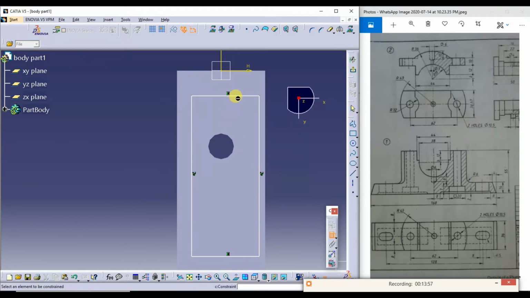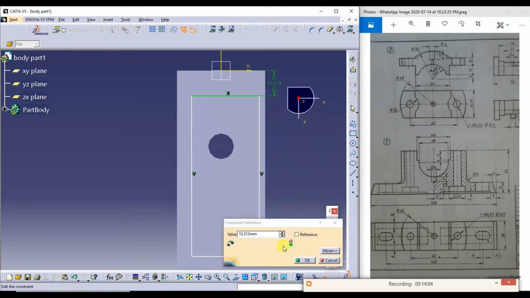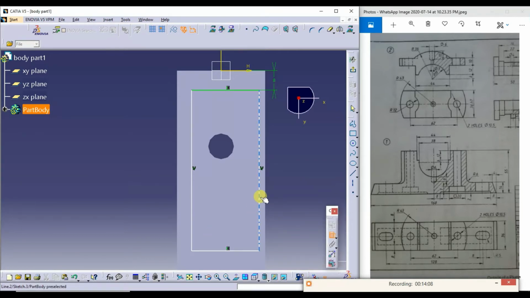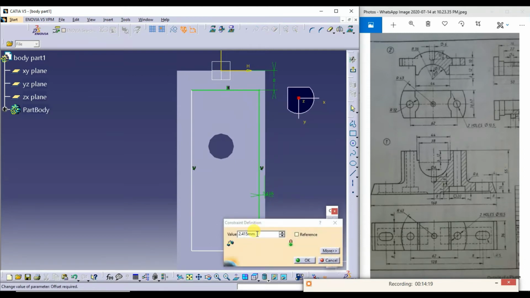I'll go for dimensioning. From here to here it is 8 mm. From here to here it is 8 mm.